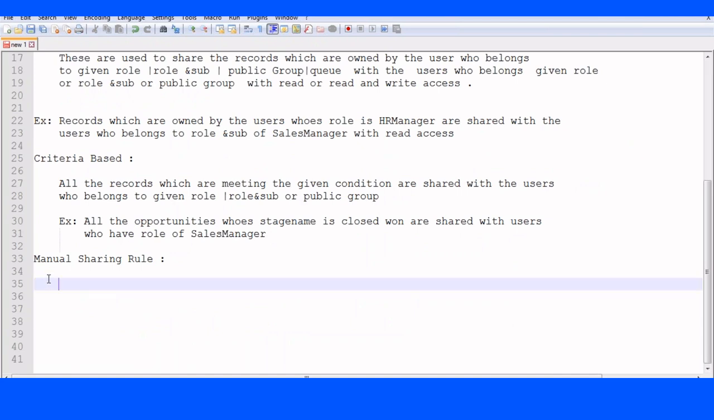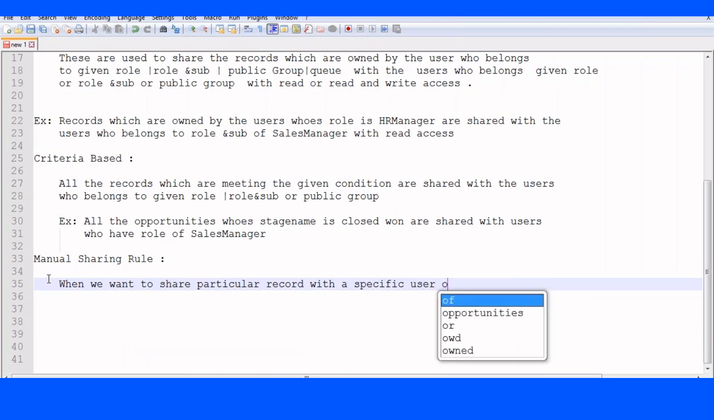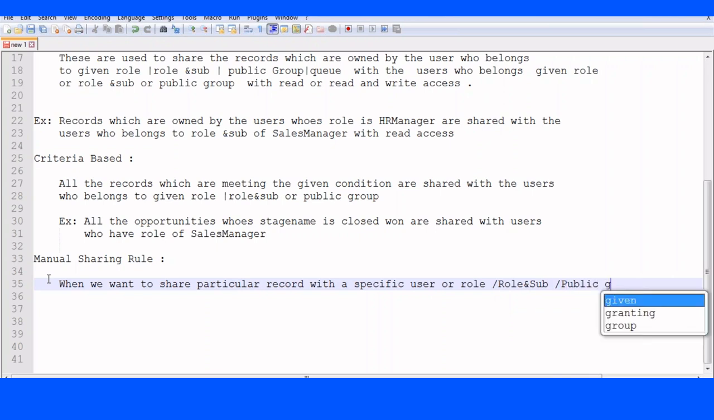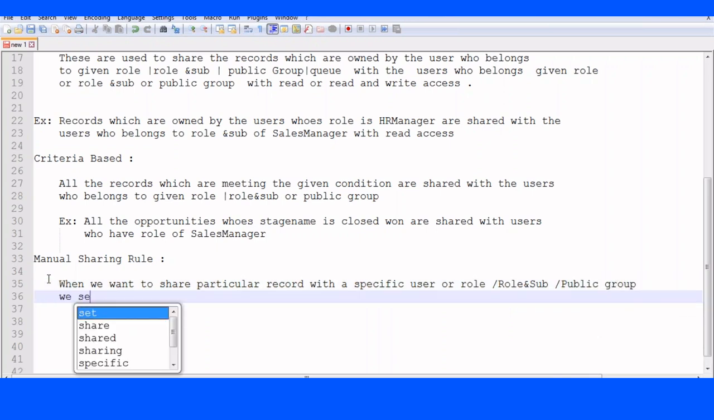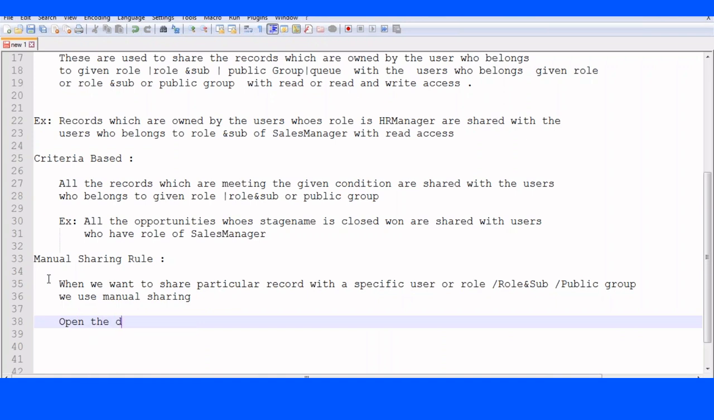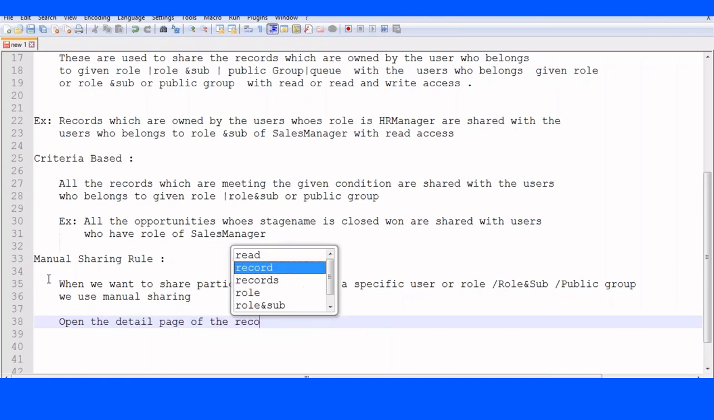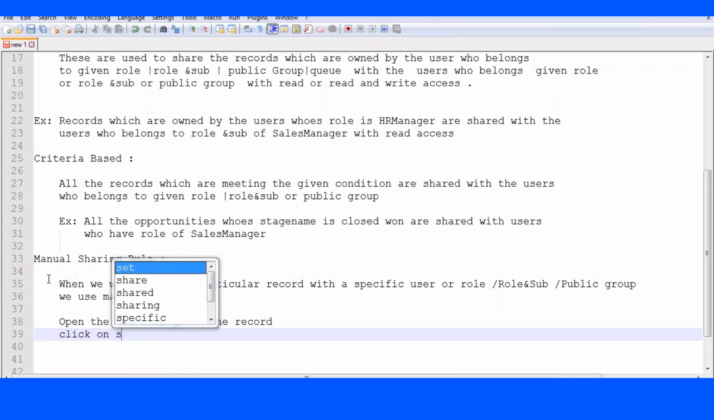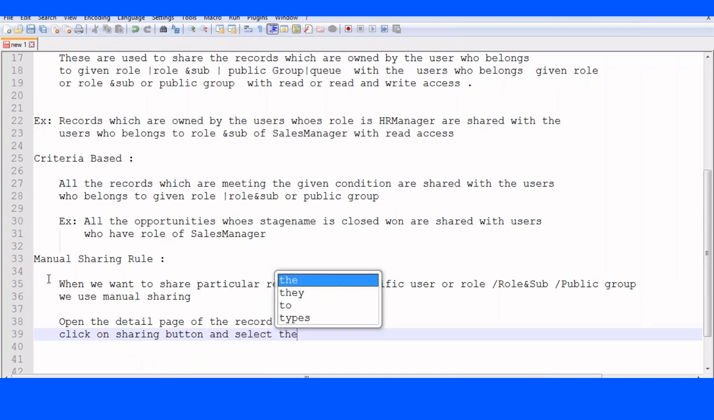Manual sharing. When we want to share a particular record with a specific user or role and subordinate or public group, we use manual sharing. Open the detail page of the record, click on the sharing button, select the